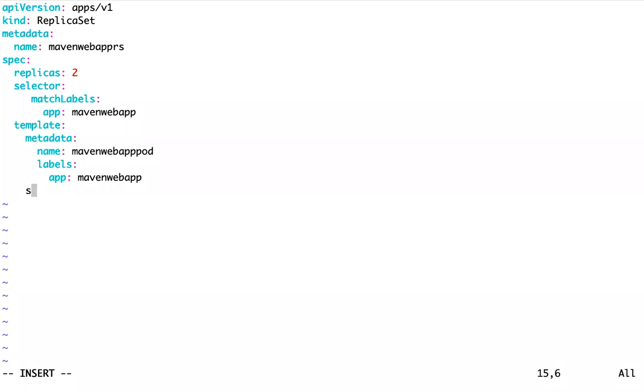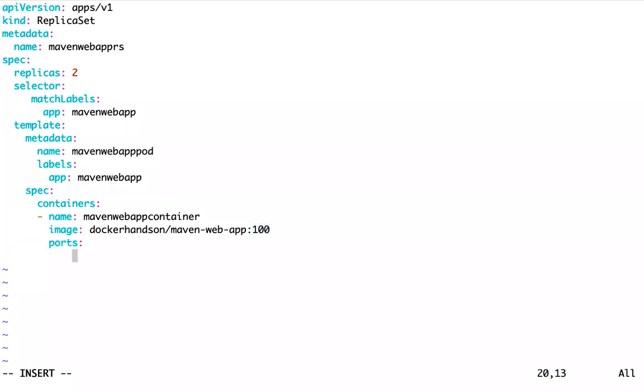Then your pod spec, Maven web app container, image, from which image, Docker hands-on slash Maven-web-app. Let me give this version of the image, then ports.